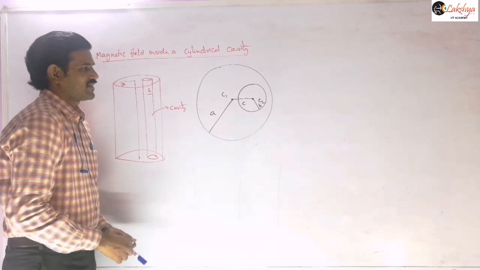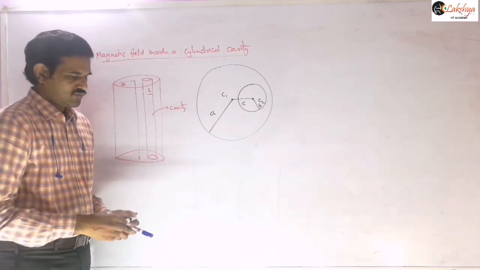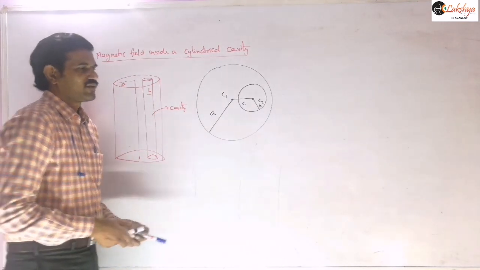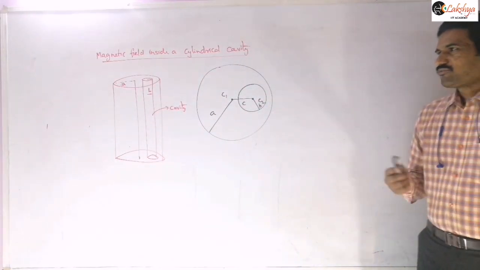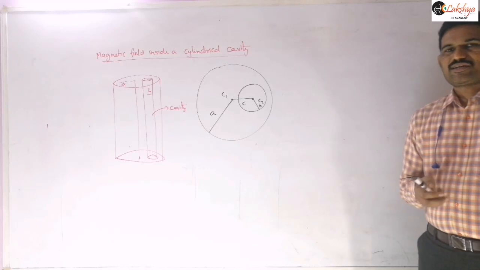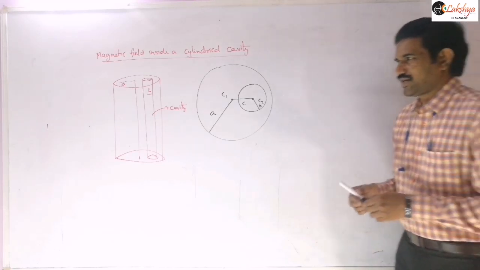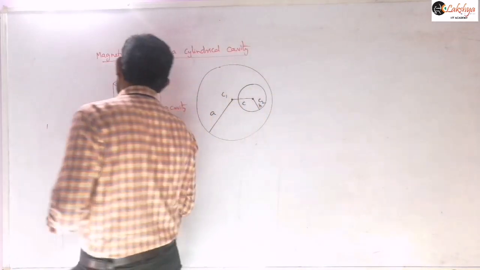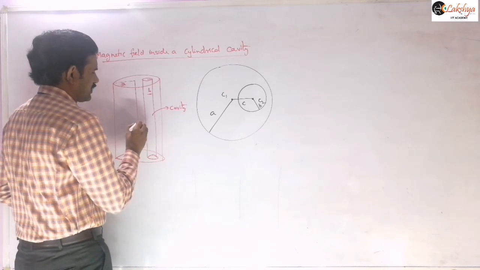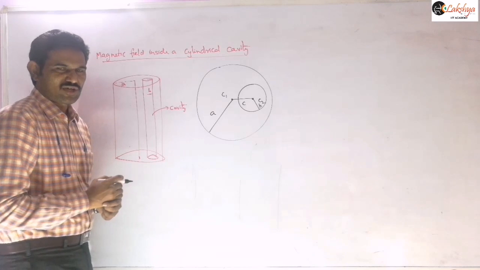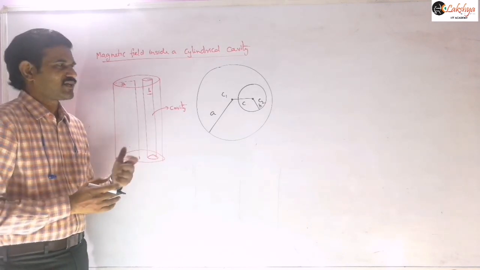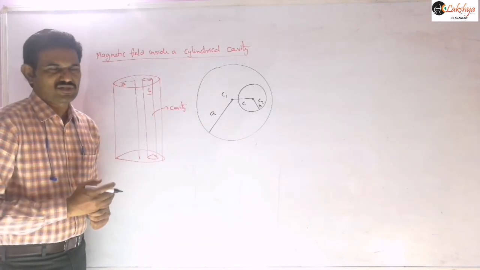So that means this is the cavity we are assuming here. Now for this we can easily solve for the magnetic field. We need to calculate the magnetic field due to this at a distance of, say, R from this. Inside this cavity, first we are going to calculate the magnetic field, and after that you can calculate it outside also.